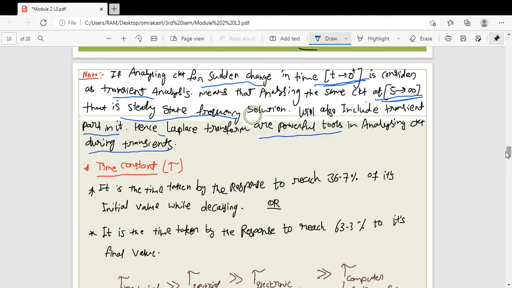So that's why I have already covered this Laplace domain in our first lecture. Whatever problem I discuss in this lecture or in upcoming lectures, you have to solve it using the Laplace transform, right? This is quite easy, and the other process is quite lengthy, but you get the same solution at the end.